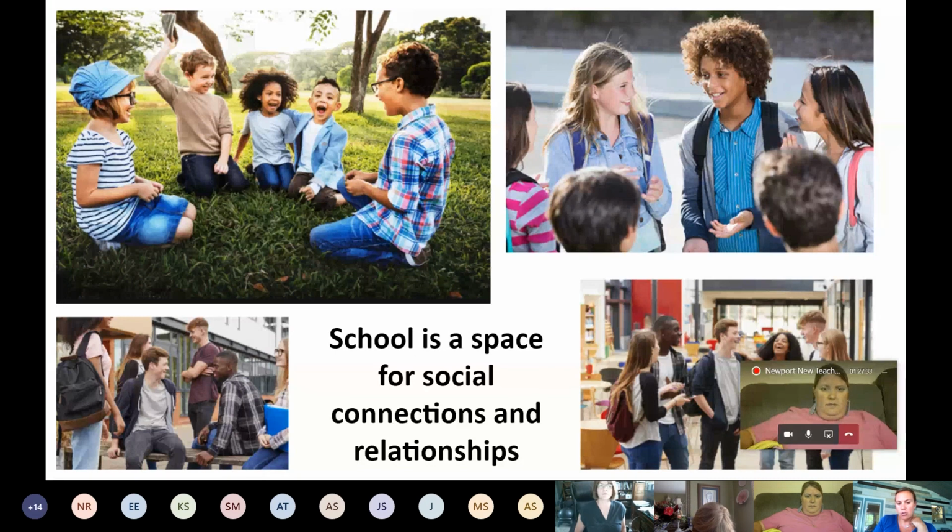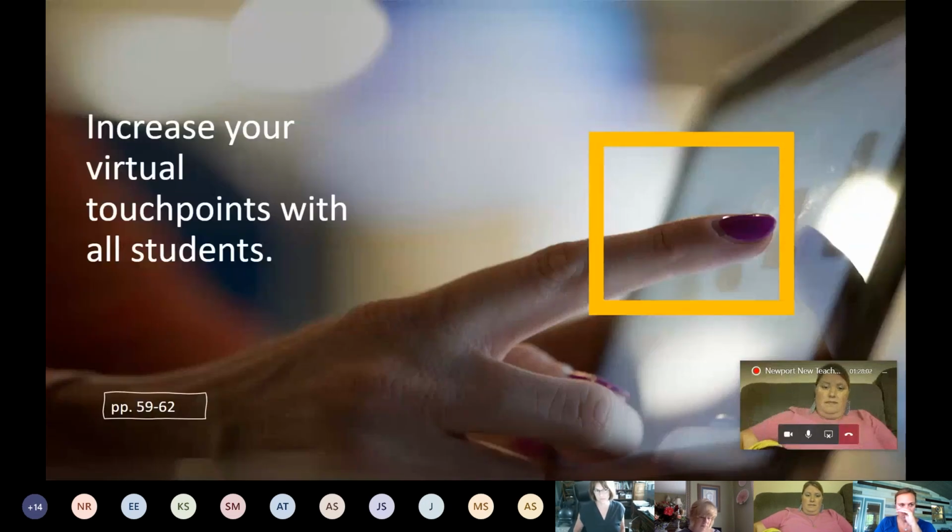We know school is social, so it's not just about academics. It's about much, much more for our students, right? And so we want to think about how can we do this for our kids, even though they're at home and I'm in a different place? How can we create this for our kids? Because we don't know for sure how long we'll be in this environment. Hopefully it won't be too long, but we don't know if we'll end up back in this environment at some point. So we got to keep all this going.